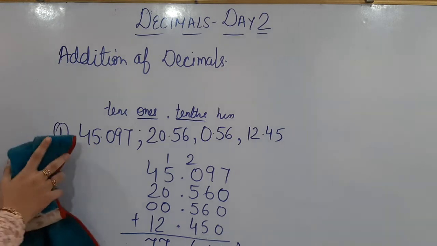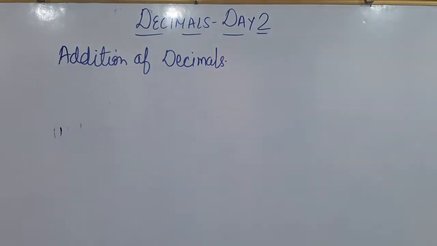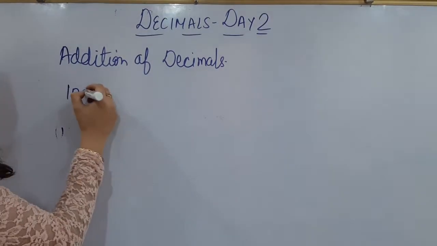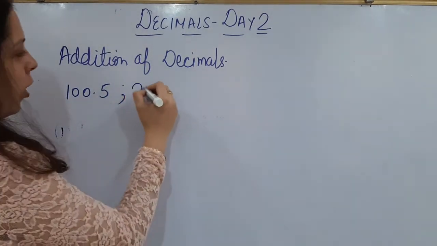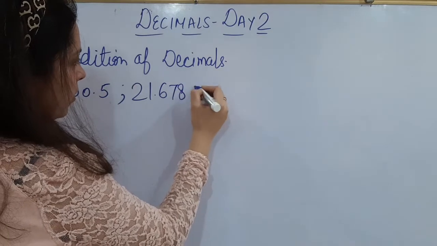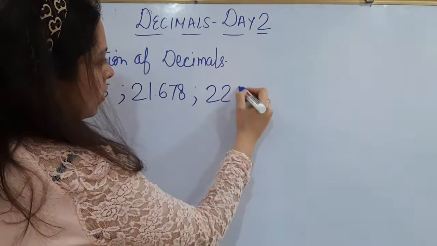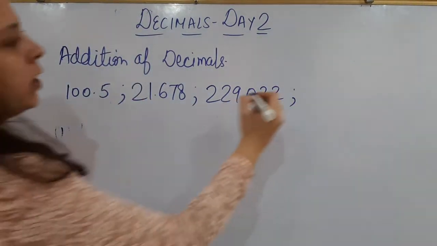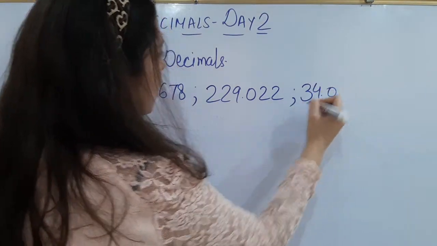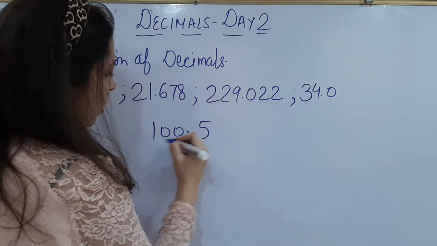Okay, let's consider the next question. The next question is 100.5, then 21.678, and then 229.022, and then 34.0. So how will we write it? 100.5, then